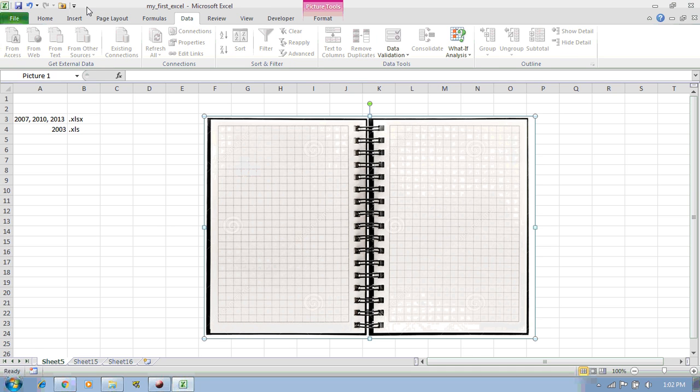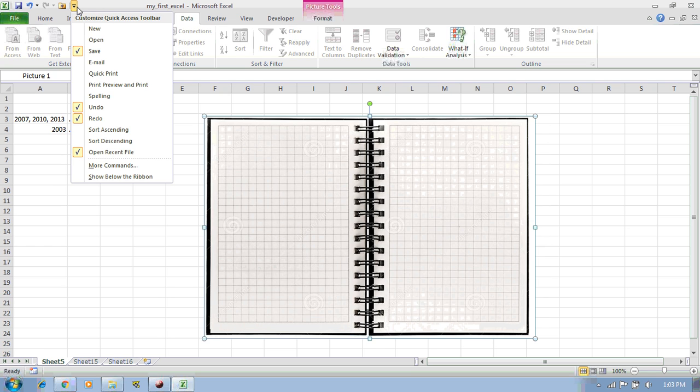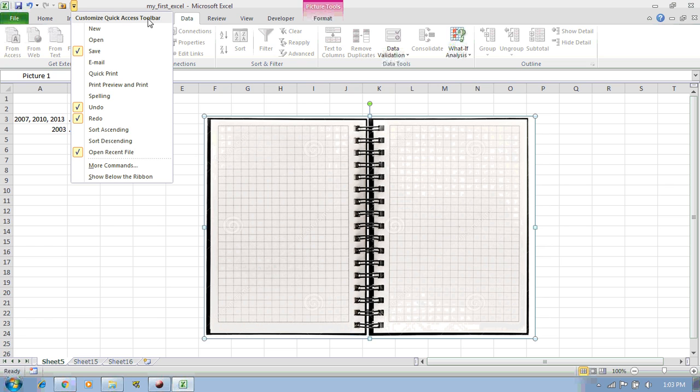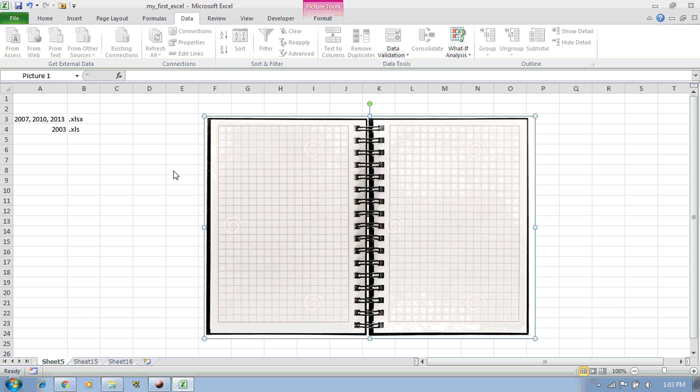And the first few buttons you can see here are called the quick access toolbar. You will see save, redo, undo buttons here, spelling check, and ascending and descending sorting buttons.